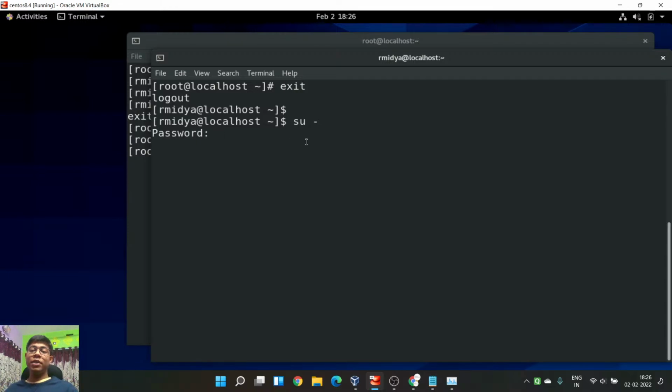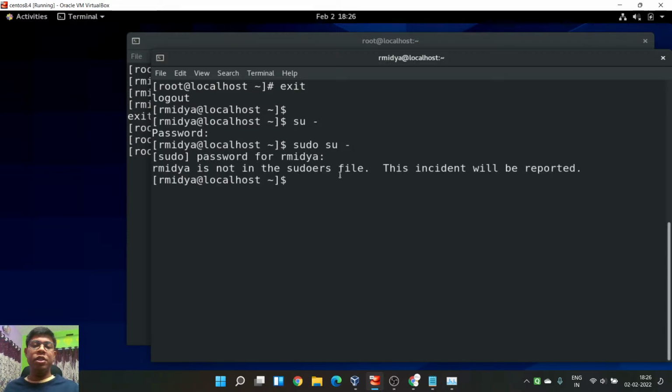So this is one of the great accesses you have with sudo. When you combine this with sudo, it becomes very easy to gain root access. It is asking for the password for my user, and even if I give that password, it will see no entry in the sudoers file.